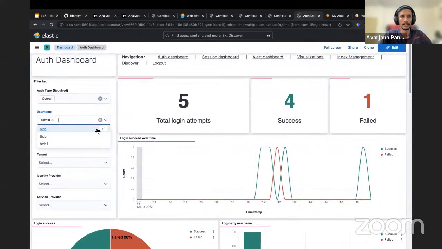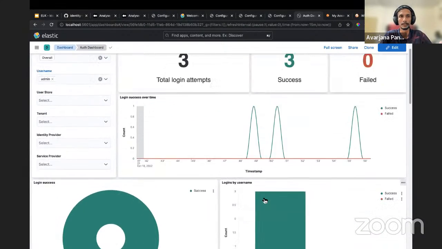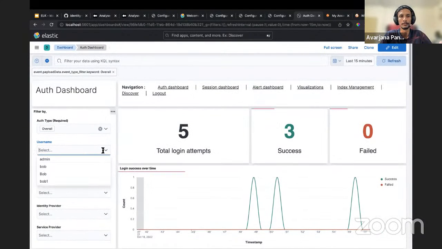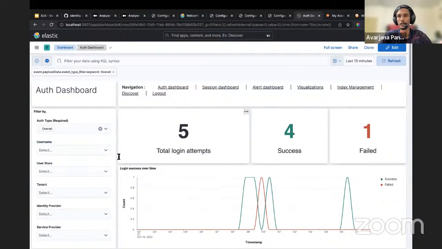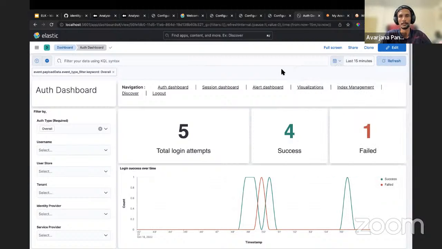So if I say admin, it will apply to all these components, and I can clear them, and then it will get back to normal. And then you can use this time filter built in default for Kibana dashboards. So you can select time range or last X minutes, X times, like 1 year, 2 year, likewise, you can